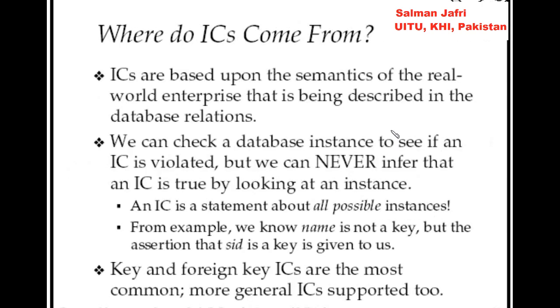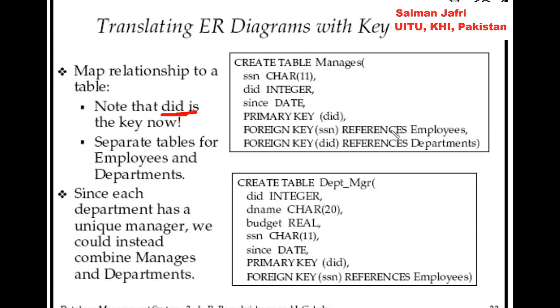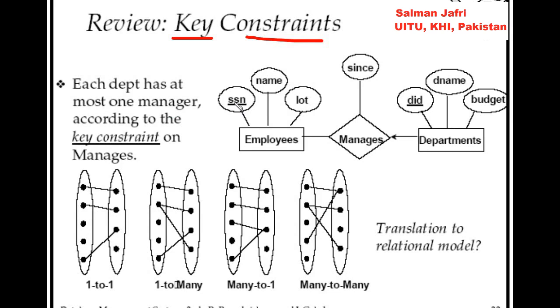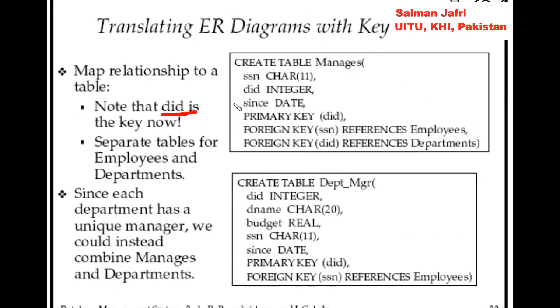So after that, the primary key is DID, and what is the foreign key? Foreign key is the SSN, which references of course the employees, and DID is also a foreign key and it references the departments. So because we have separate tables for employees and departments,